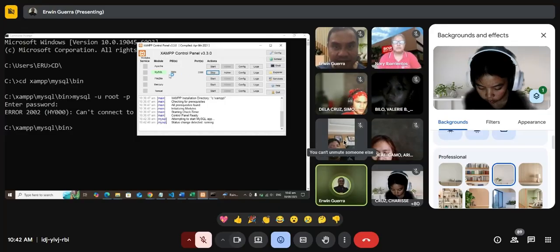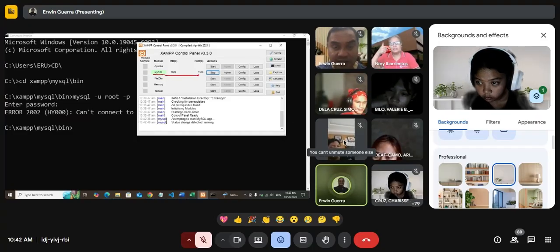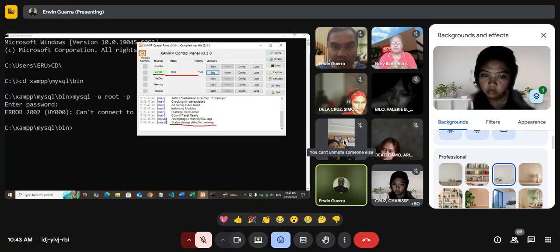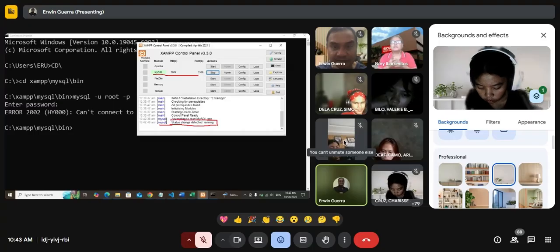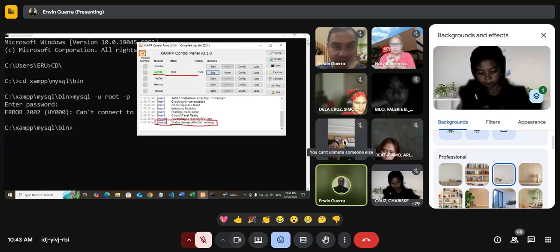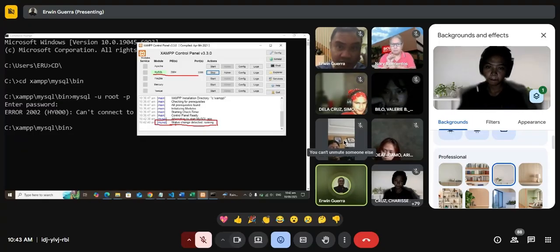And yes, so this will be your indicator that when you see the color green and there's no error here, it is now activated, and it shows also here below that your MySQL status change detected and running. So this is the indicator that your XAMPP